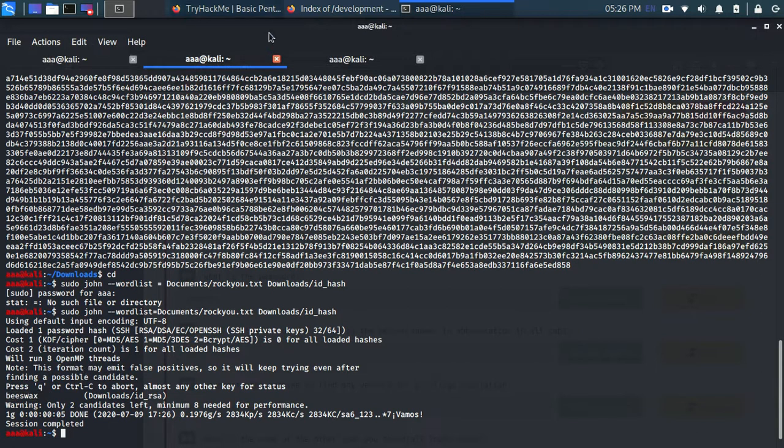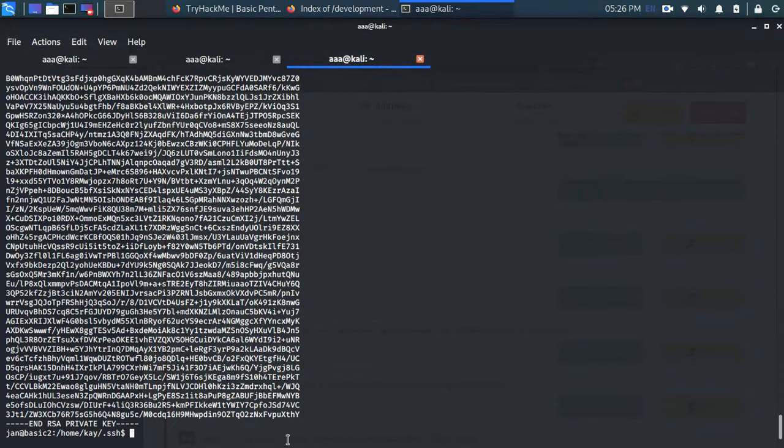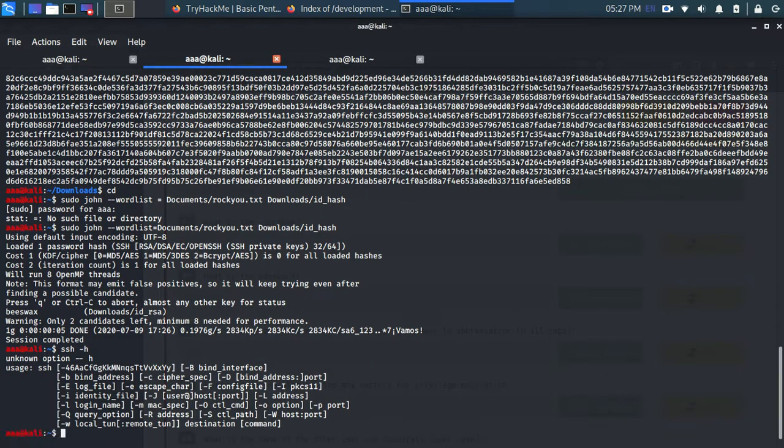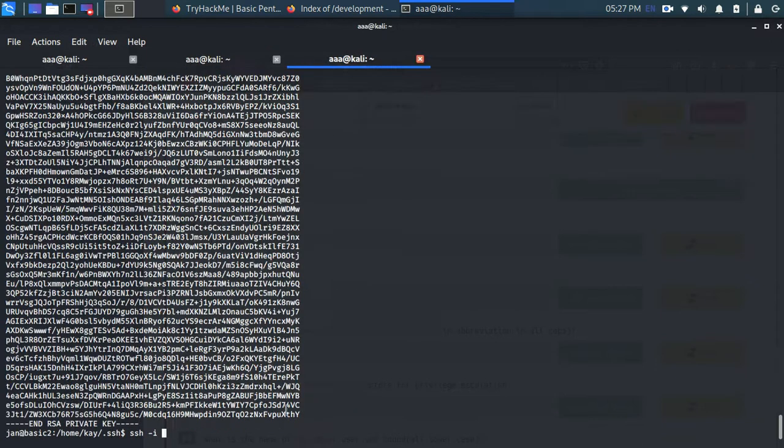Now let's try and connect via SSH using this private key. So ssh -i. The use of -i is the identity file that you can use as a private key to go inside directly. So we're going to use that.